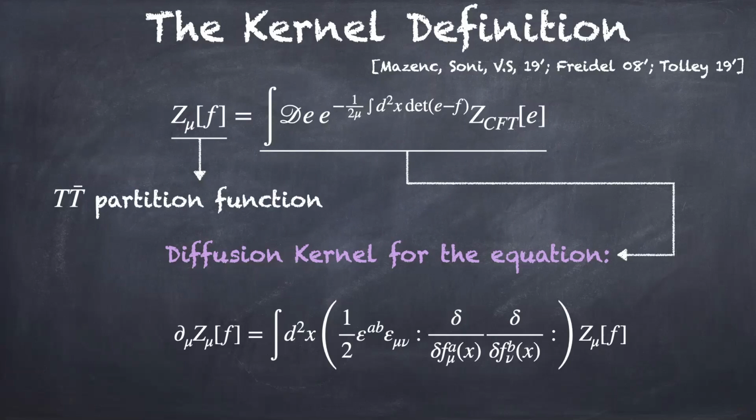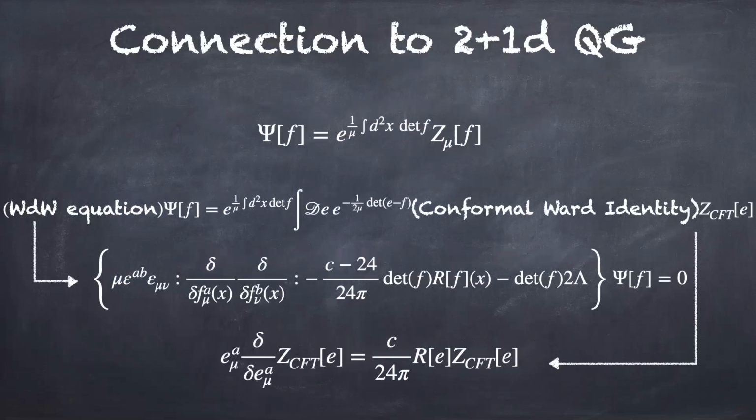And it was shown by Tolley in a paper from last year that the action that sits in the exponent is actually that of ghost-free massive gravity in 2 dimensions. So one way to look at this is that it's the result of coupling your CFT, or undeformed theory, to ghost-free massive gravity. But also, thanks to Freidel, we know that this formula allows us to take solutions to the